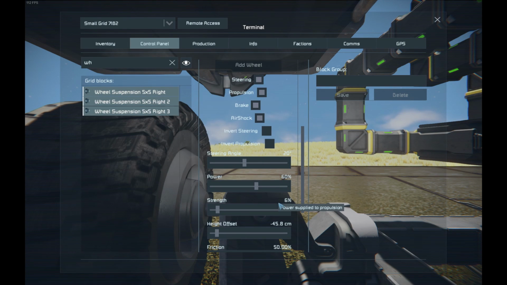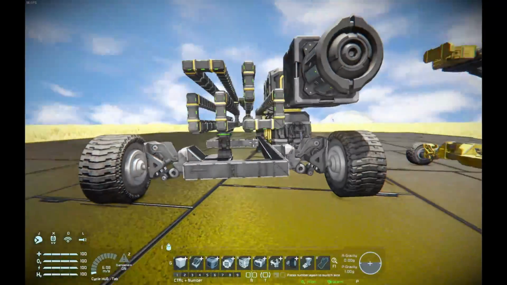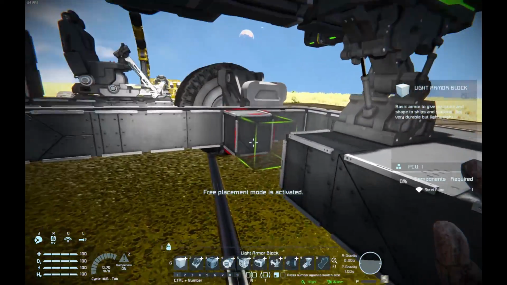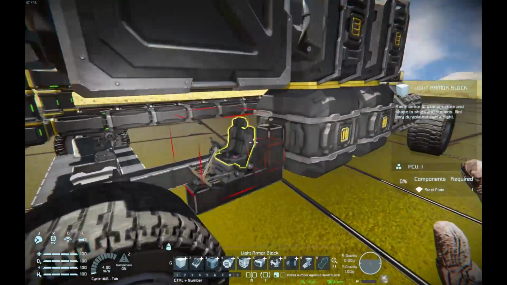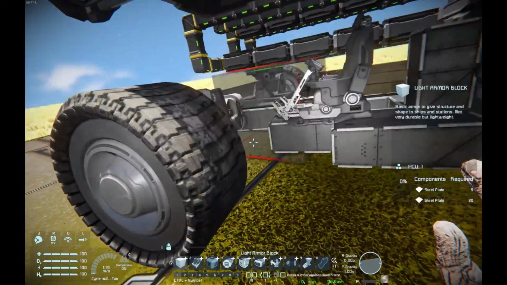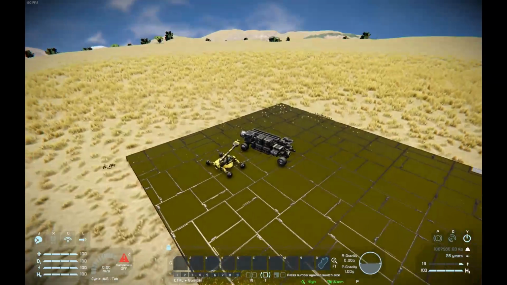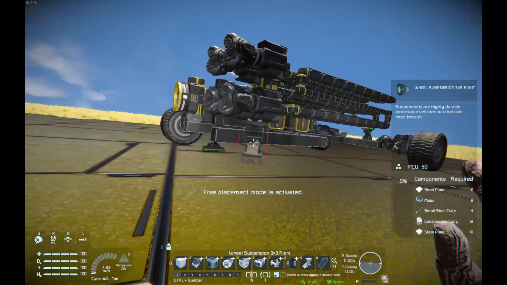I'll set the height offset to max. Yeah. I think this may actually work out a bit. By that I mean I think I'm actually lagging now. We're gonna get some issues with the turn radius on that wheel. So yeah, this